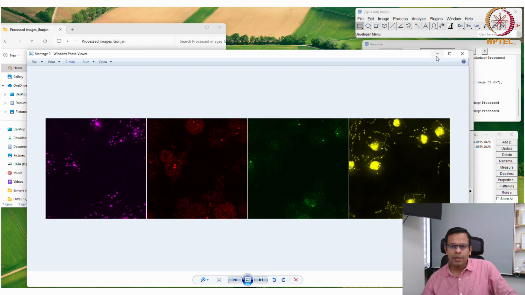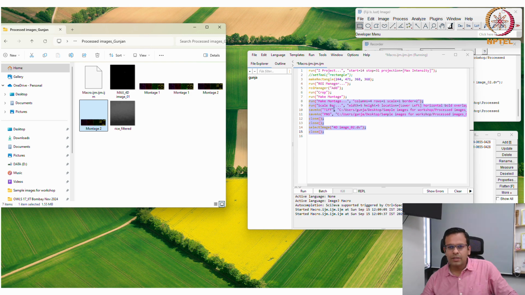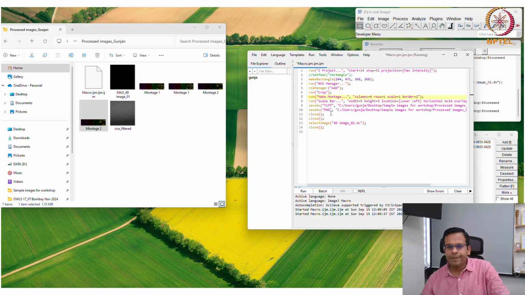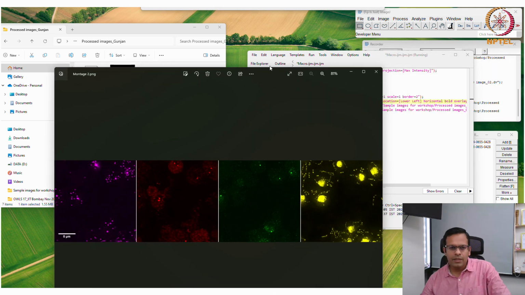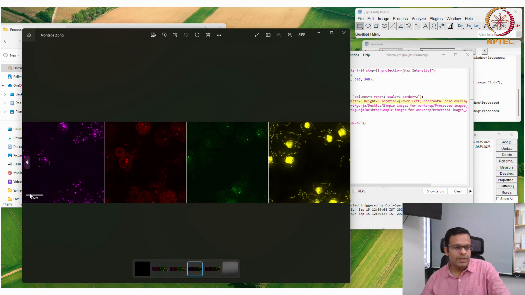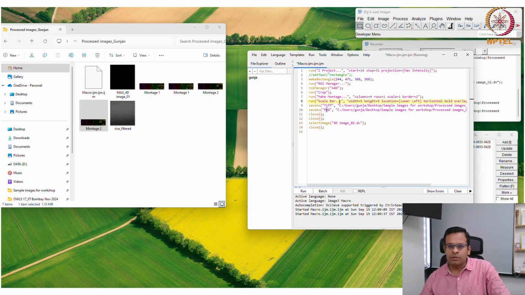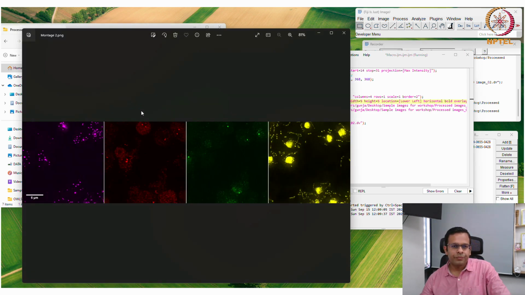Ideally, it should have kept the scale bar also. In the TIFF file I cannot see the scale bar, but in the PNG file the scale bar is there.